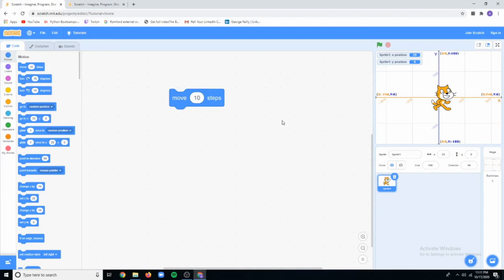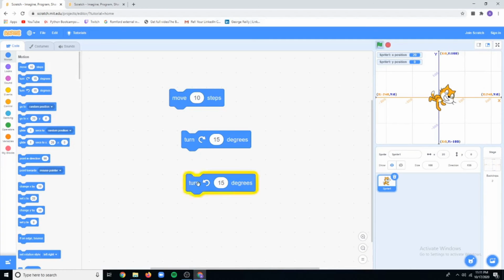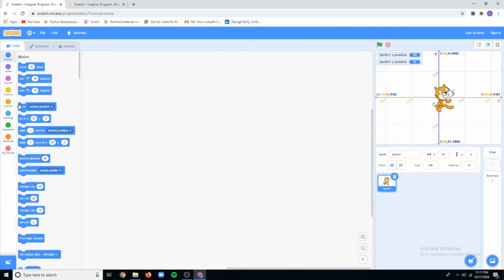If I need to turn it 15 degrees towards left, then I'm having this particular block there which will turn my sprite 15 degrees to the left hand side. Same way I can turn my sprite towards right, turn it right degrees. Then we are having go to random position. So if I click here, the sprite will take any random coordinates and you can see the coordinates changing here.